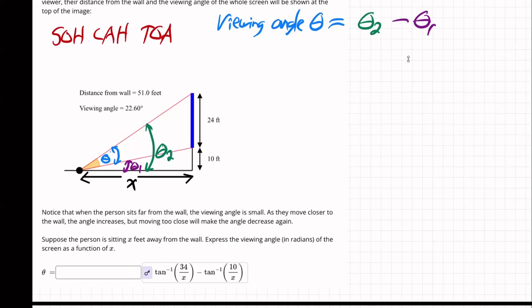SOHCAHTOA. Remember that? Sine is opposite over hypotenuse, cosine's adjacent over hypotenuse, tangent's opposite over adjacent. So we have a couple of right triangles. We can take them one at a time. Let's do the bottom one first. Let's take this little bottom one, just go up to there. Boom. So there's the little one with the